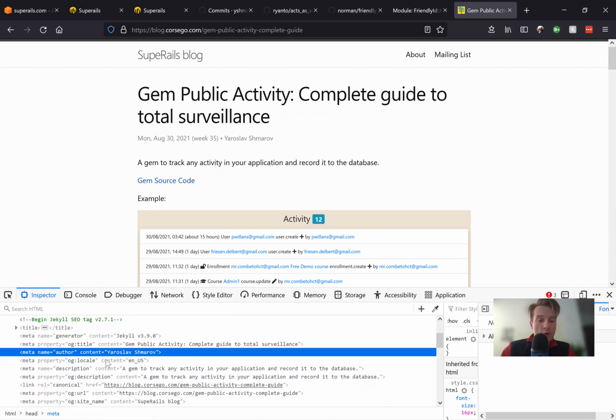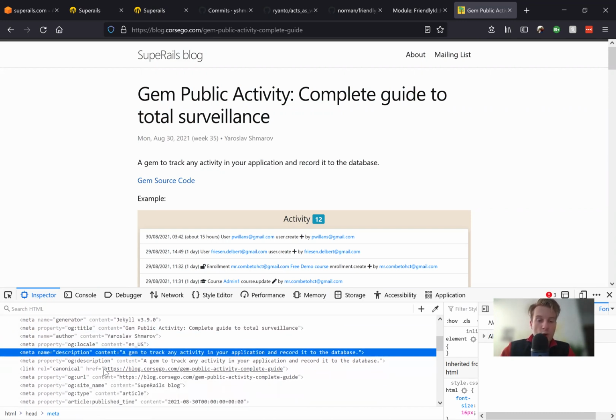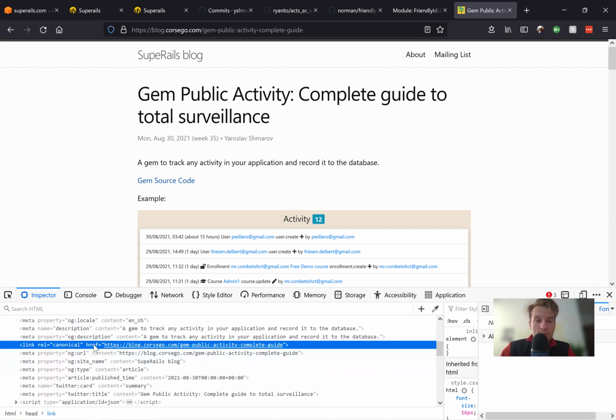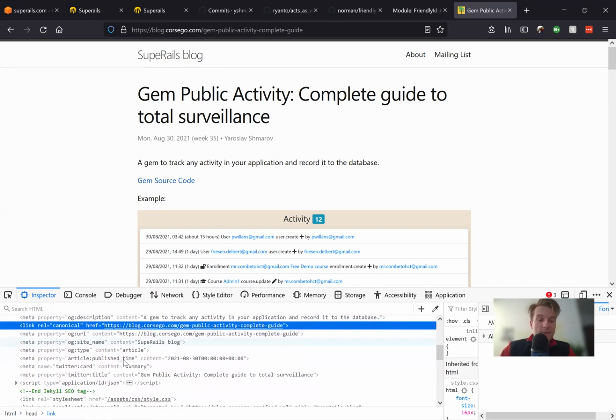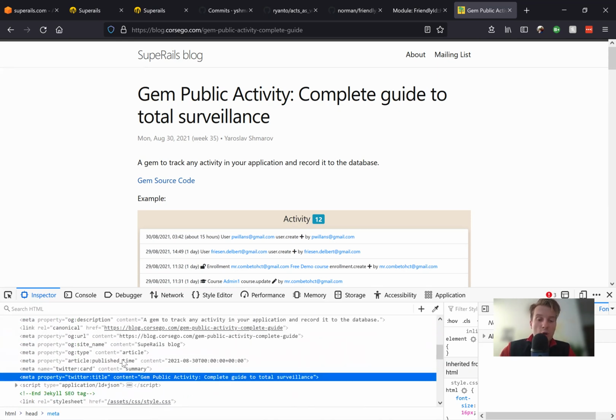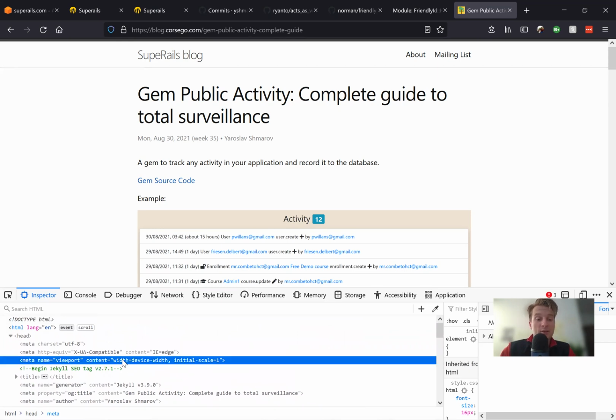Then we have the author. We've got the description of this particular article. Description here once again. Then canonical URL, so the URL that should get all the counts and traffic, like the source of this post. Then when it was published, then the title for Twitter, and so on. And all these things, having them makes it easier to index the website by search engines and to index each